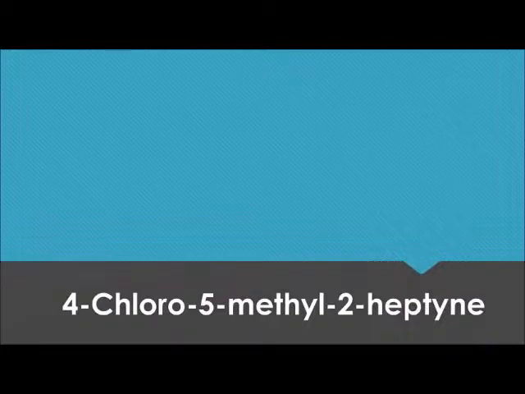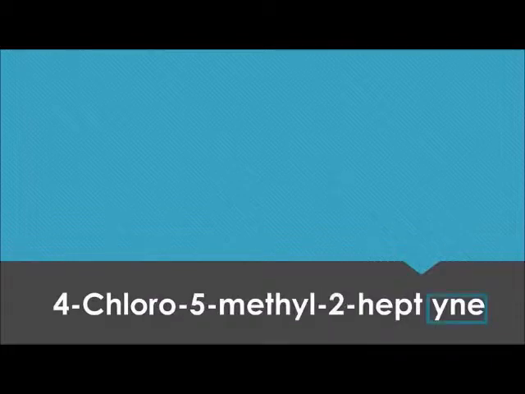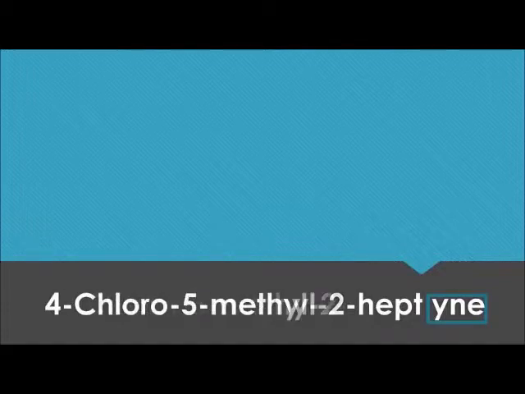Well, now for this example, as we can see, we have a bigger compound. It can look difficult to write this, but it is actually pretty easy. The only thing that we need to do is, as I already explained with the other 3 examples, divide the name into different parts so it can be easier. First of all, the ending "-yne", which indicates we have a triple bond, the prefix "hept", which means that we're going to use 7 carbons, the number 2, which